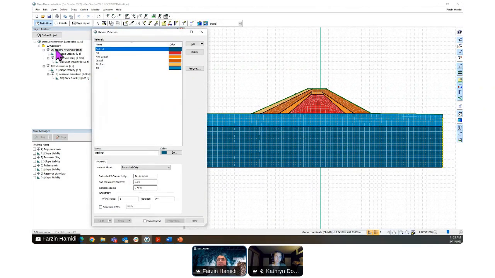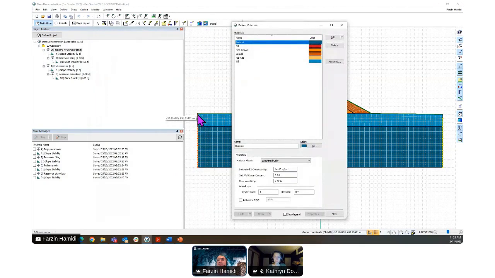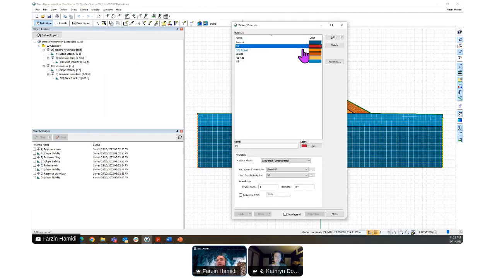Since I'm in a CW analysis, I will see that it is the saturated only material. So we have the water table above that. So the water table total head is 698 here, 697 here. So we have a flow from this point up to here. So these are the things that we allocated here.